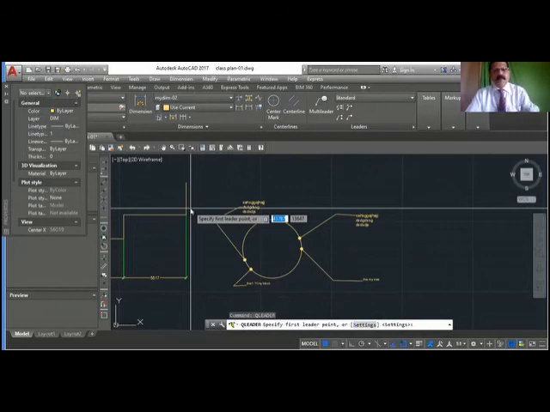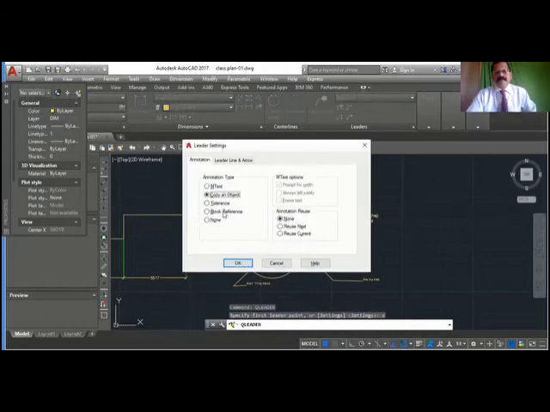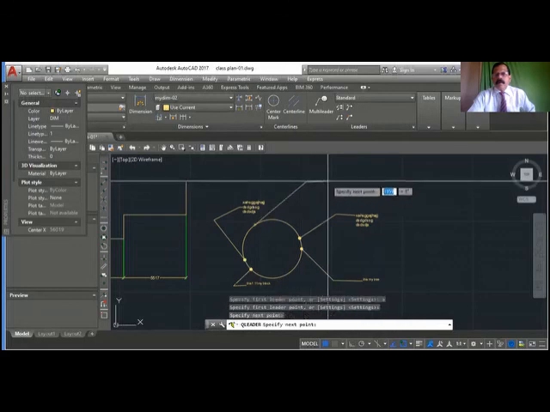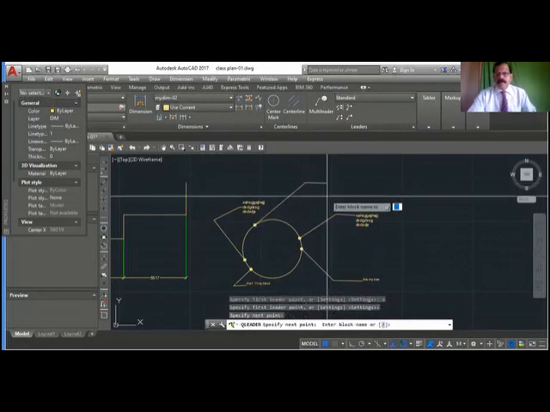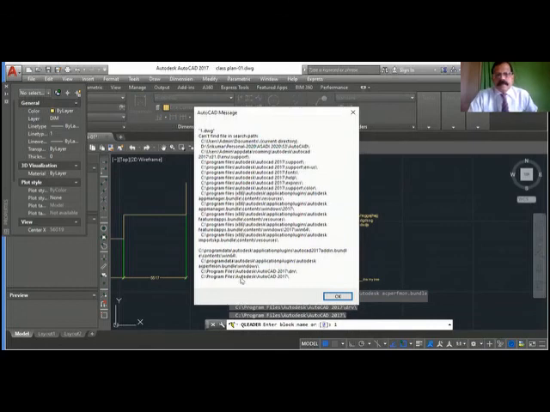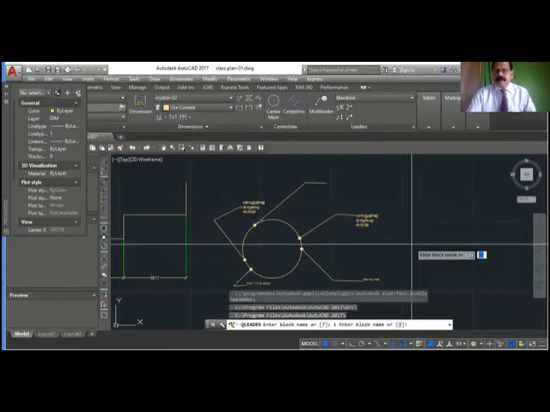Okay. Again, Q leader, settings as block reference. Instead of writing, I want to show a block. Okay. So if you remember the block, you can put a question mark. Okay, I think we have a tree.